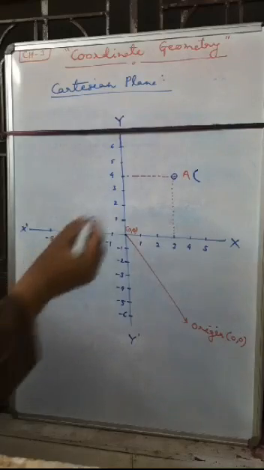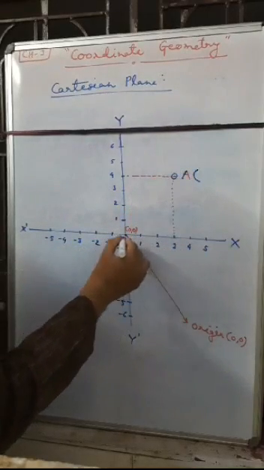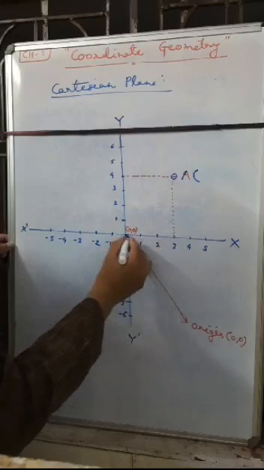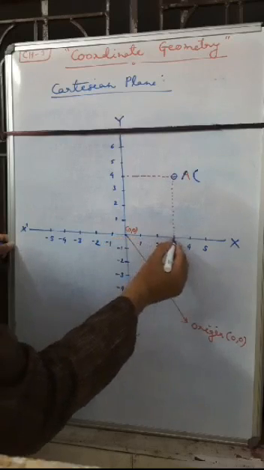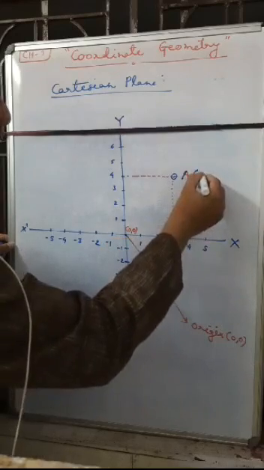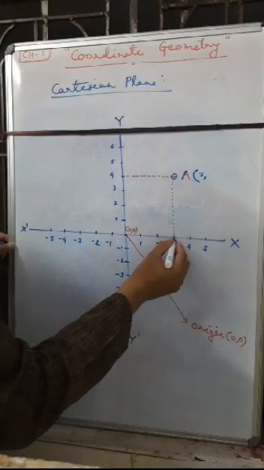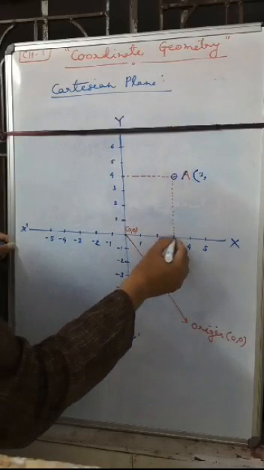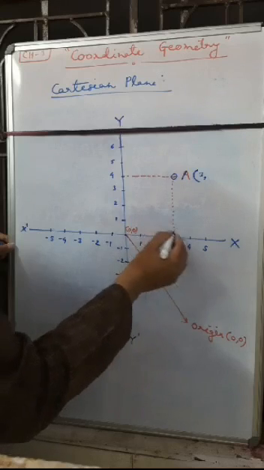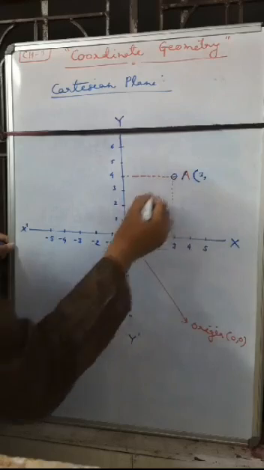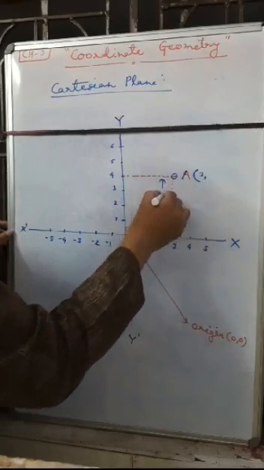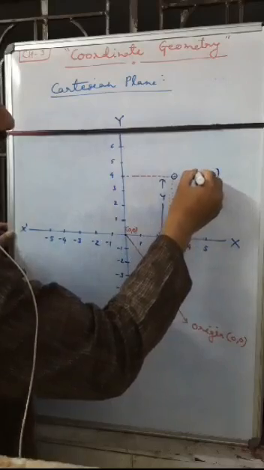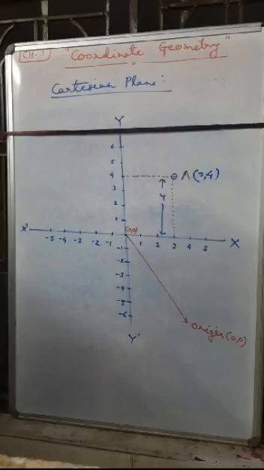We will write here the coordinate of point A, or coordinate of ball A. It is situated at 3 on the x-axis. First we write how much distance from the origin to this ball on the x-axis, it is 3. And then we measure from this point to the y-axis. The distance covered from point 3 to this one is 4, you can check here. So we write: coordinate of ball A is equal to (3, 4).